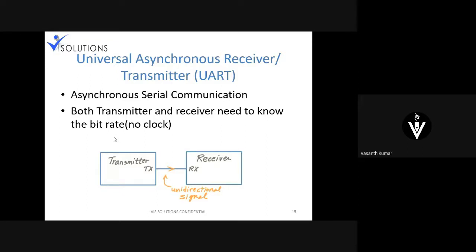Because the speed matters: let me say there are like 111, 111 coming, right? If you don't know how much time a particular bit is going to be available, it reads all 3 bits to be a single bit. Right? Because all are the same data. At least if the data changes from 1 to 0 or 0 to 1, you'll be able to find out that, yeah, okay, there's a change in the data. Okay, fine. Maybe a different data is coming. Now, let me say the same data is repeated, ones and zeros basically.